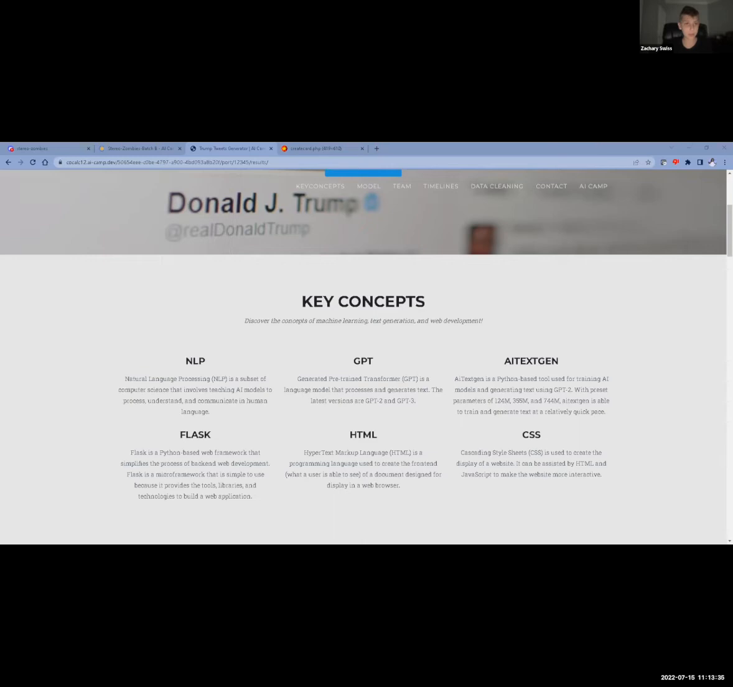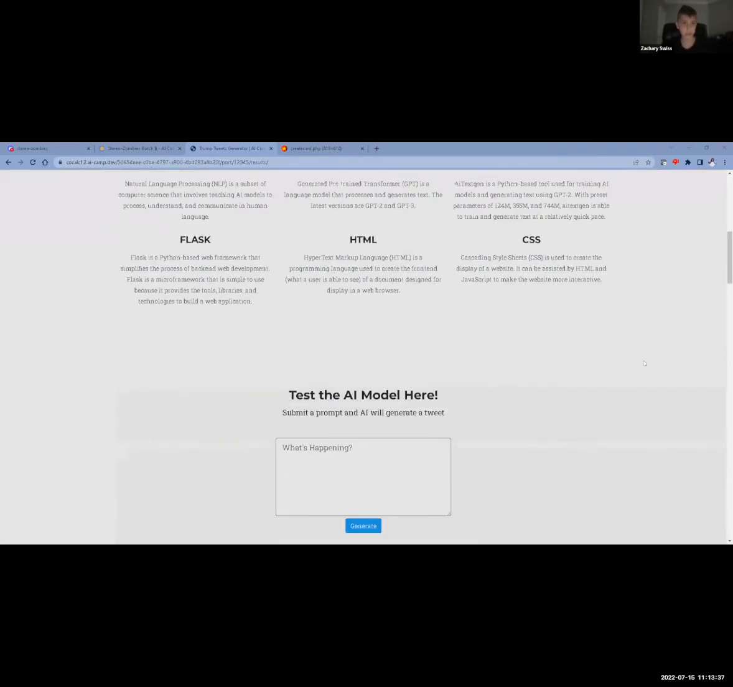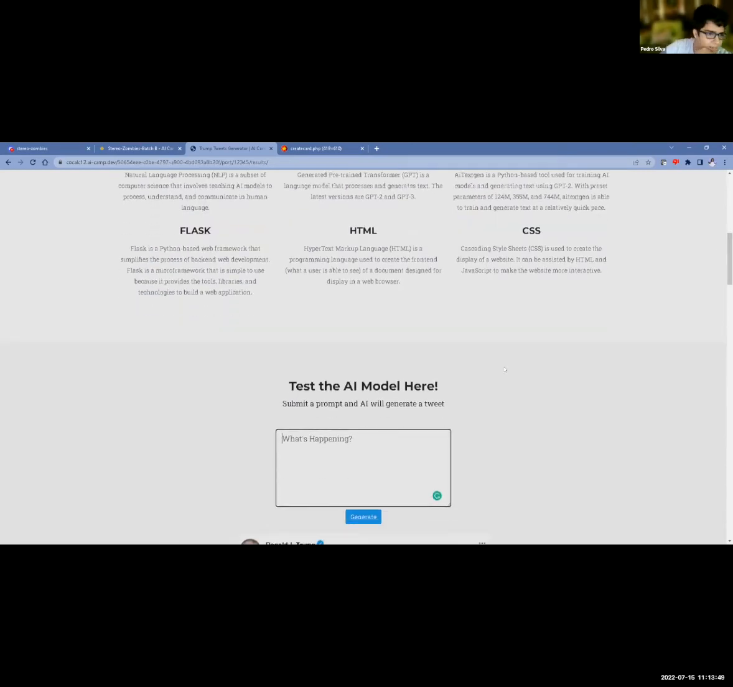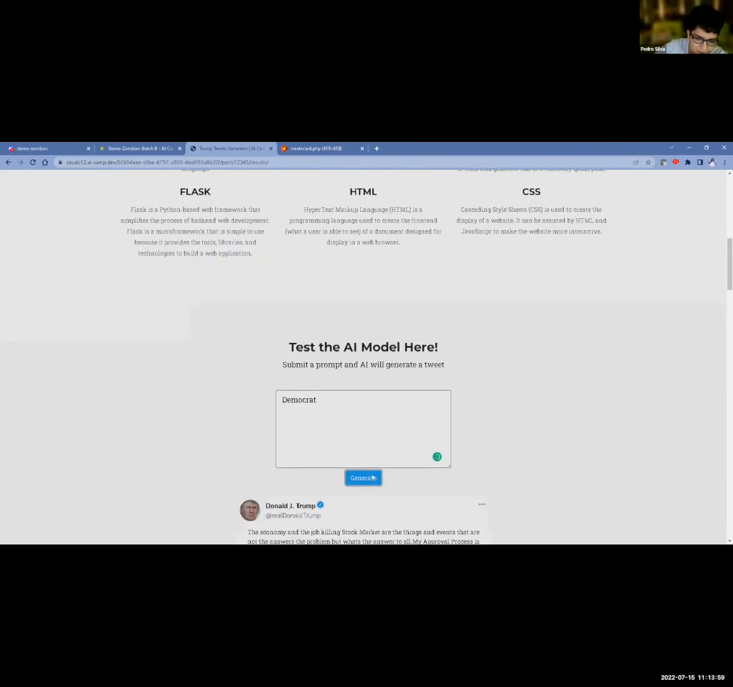Then I'm going to give Pedro the control again to actually show us the model. All right, so we enter a prompt here and click generate. We can generate fake Trump style tweets. So I see someone already suggested the prompt of Democrat, so I'm going to put that there, hit generate,